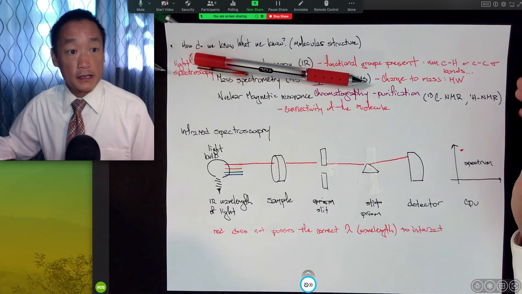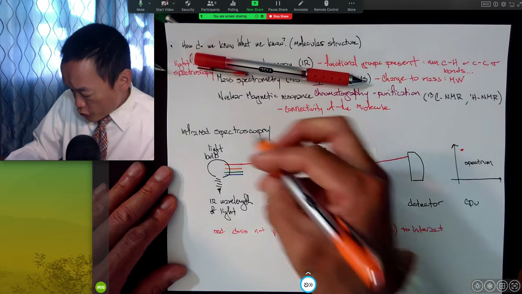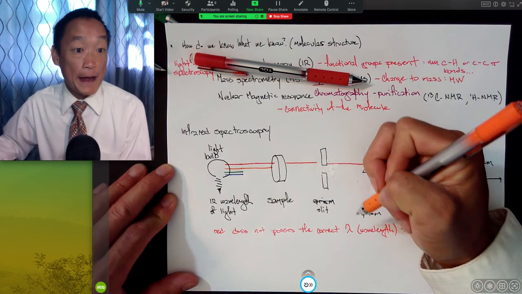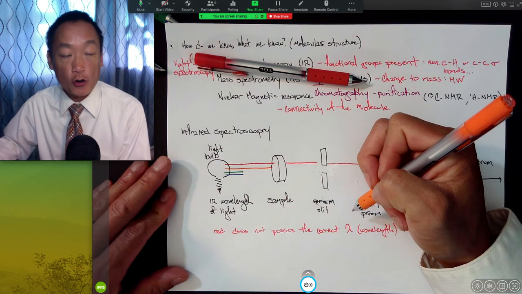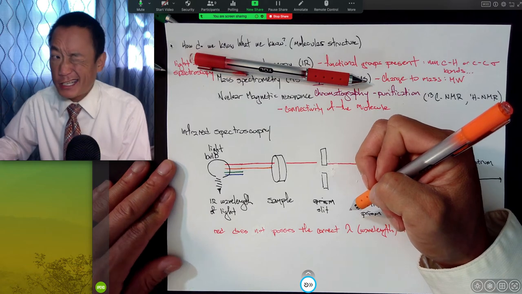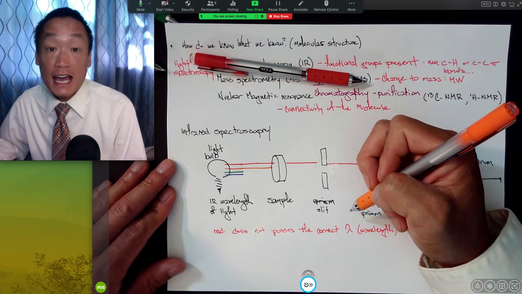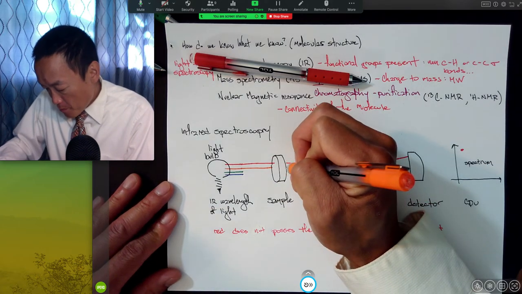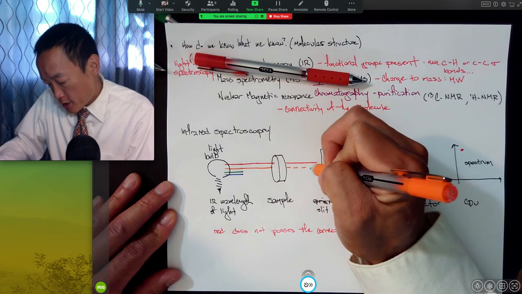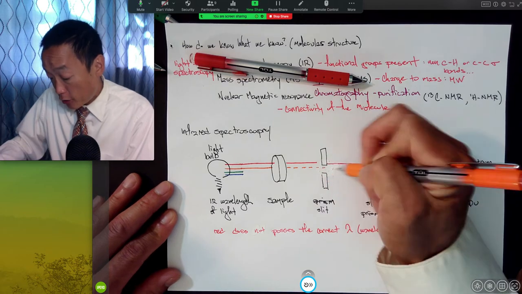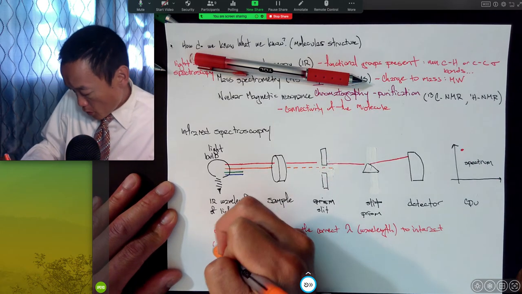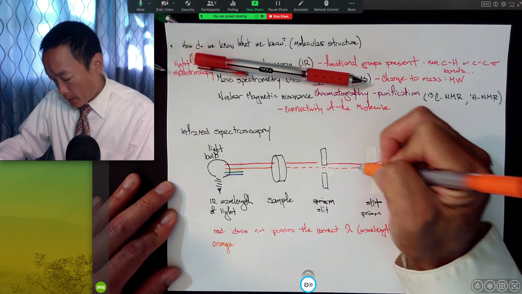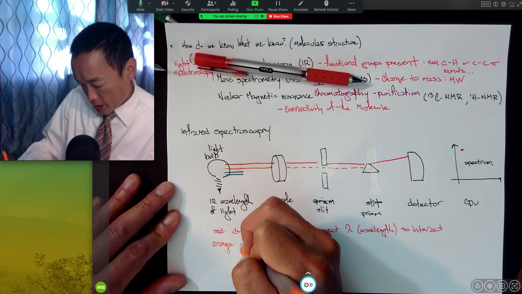Let's say then that as you turn on this light bulb, the orange wavelength of light comes flying through here, and all of a sudden there is a bond in our molecule that is kind of tuned to the right energy. It's not necessarily exact, but tuned to it, such that some of that energy is absorbed by the molecule, and some of it passes through.